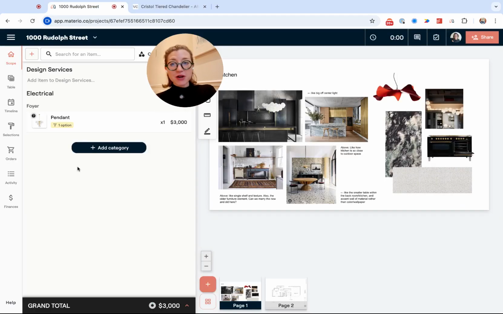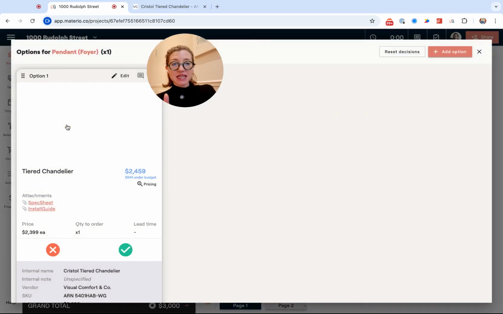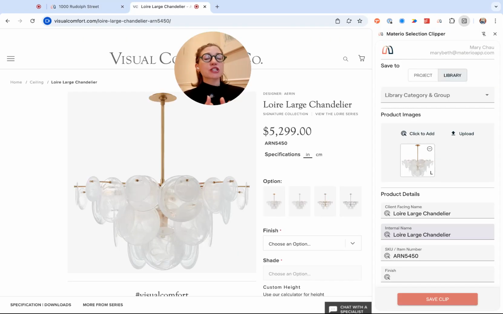Okay, now we're in my project, and you can see that this pendant now has one option, and it is right here. I did want to go over just a few more things around the selections clipper. So one, you can pull directly into your design library, and this is great if you're just pulling things and you're not quite sure where it's going to go yet, or you have things that you are using